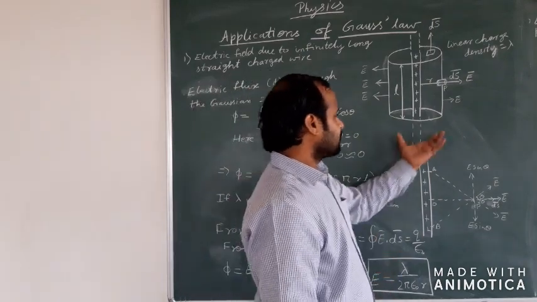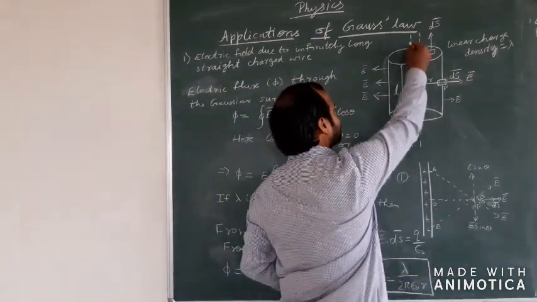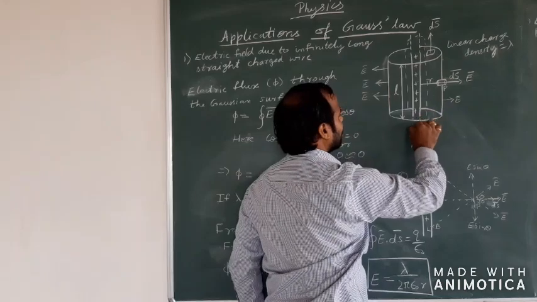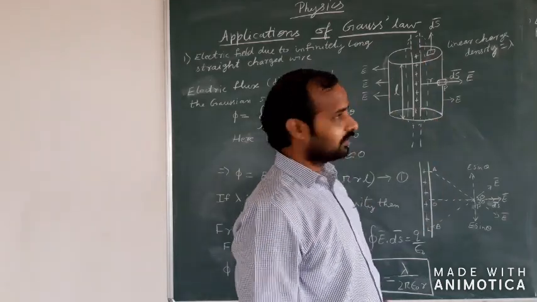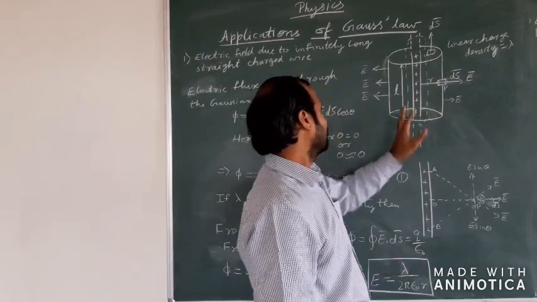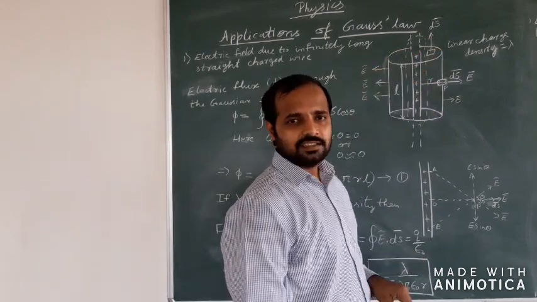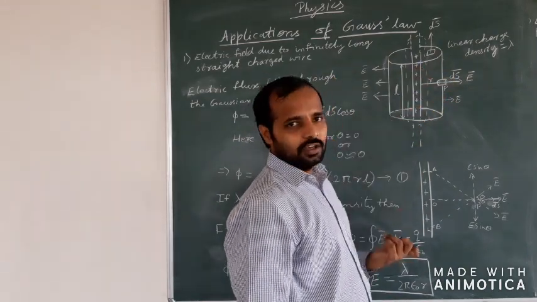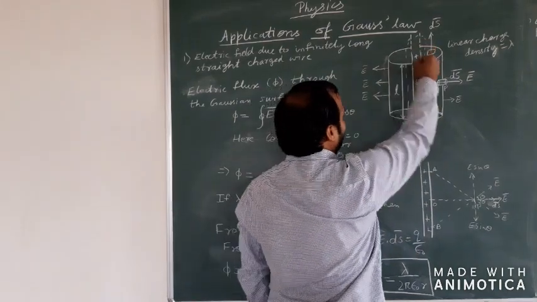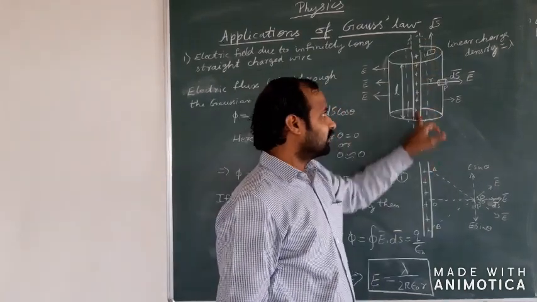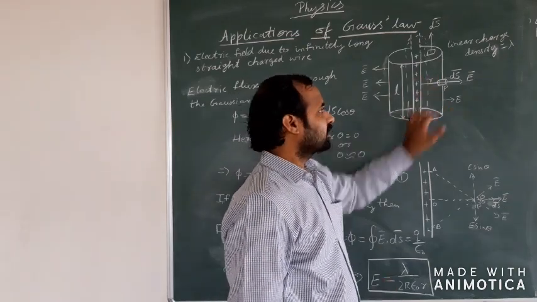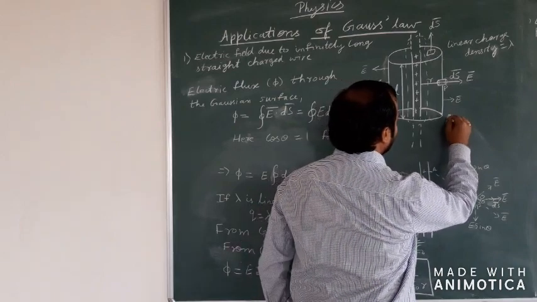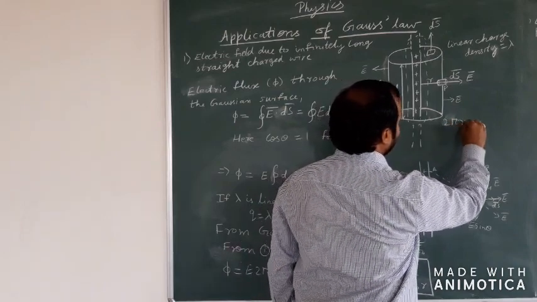Now let us first understand this diagram. As you can see, this is your conductor, which is of infinite length, having positive charges on it. Now we are going to take an imaginary cylinder which is surrounding this rod all around it. With the axis of the cylinder coinciding with the thin charged rod, we consider this cylinder to have a surface area of, let's say, 2 pi r into L.